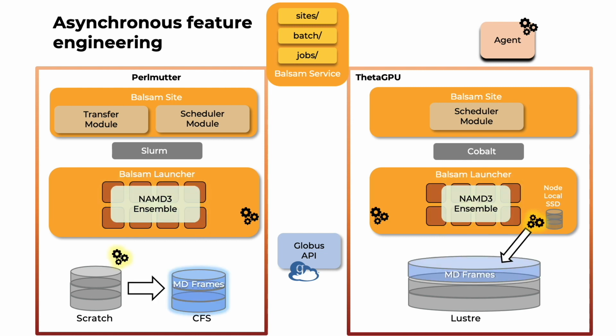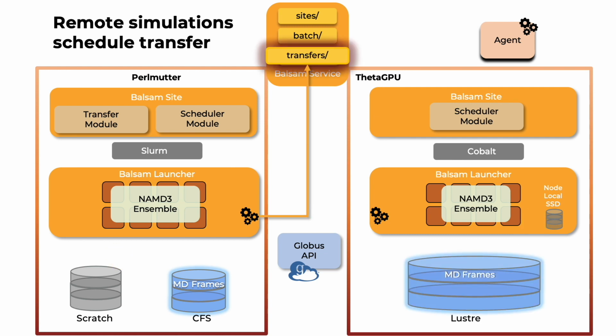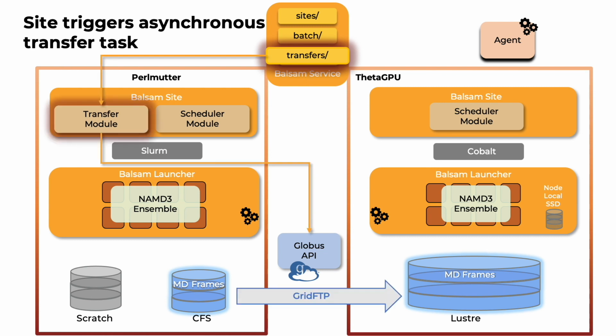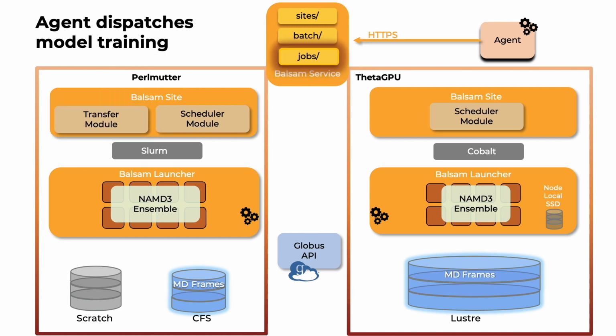A Python wrapper of the NAMD3 application triggers asynchronous reporting functions that process the evolving trajectory and write to storage. To move the data, transfer items are then submitted as another resource in the Balsam API. Here, the site bundles transfer items destined for the Globus service, which moves the data across facilities. Once a threshold number of frames have been generated from the two sites, the agent dispatches a model training task